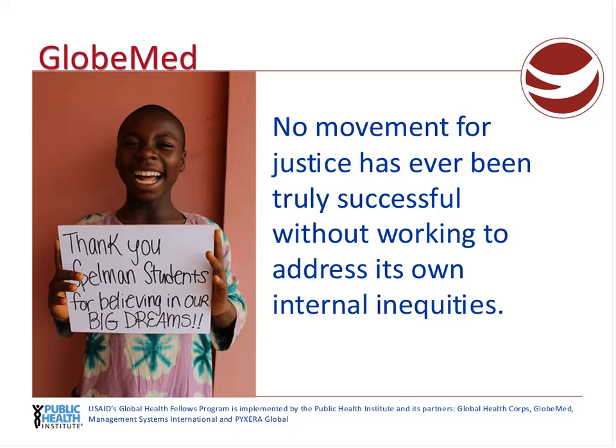It's important for organizations to be self-aware and be doing the work of making sure that they're including as many voices as possible in the movement and giving all those voices leadership opportunities and empowering them to be a part of the organization and bring all their ideas to the table, because with that variety of ideas and perspectives and experiences, that's how we can really reduce global health inequities.